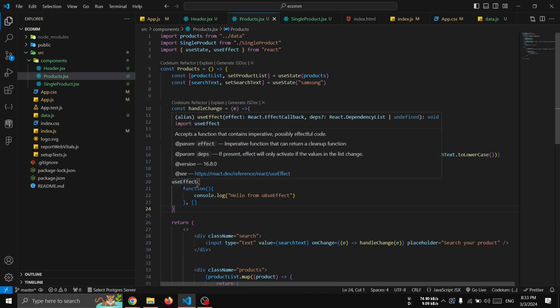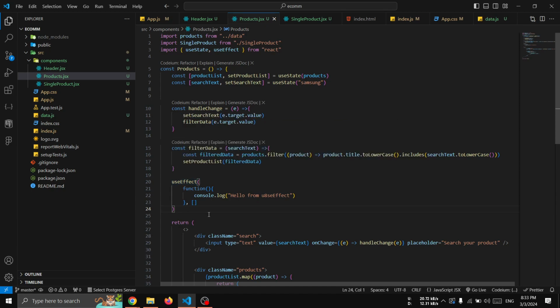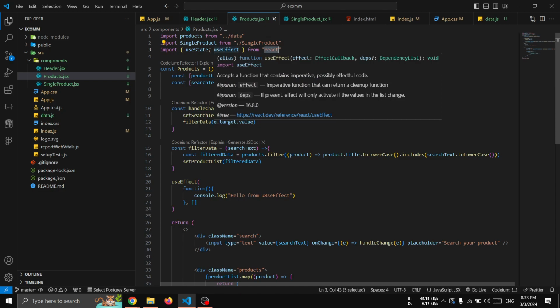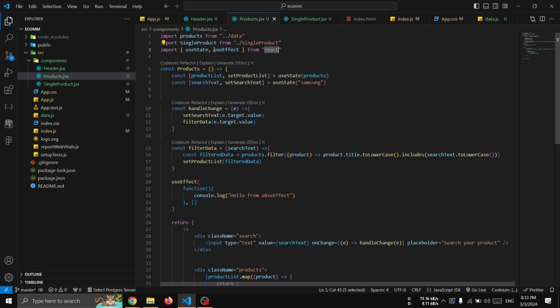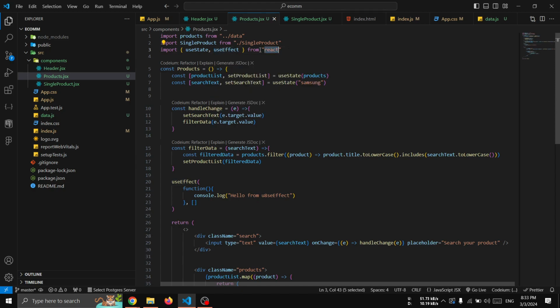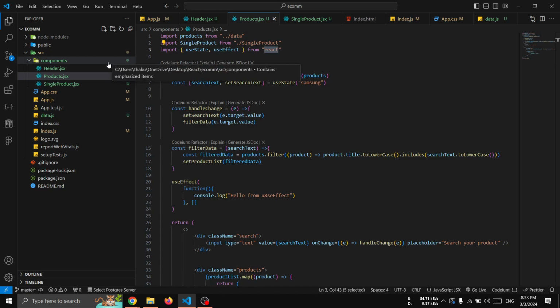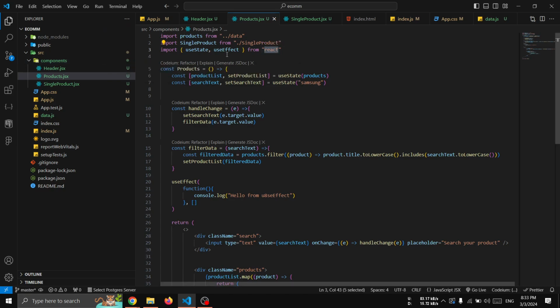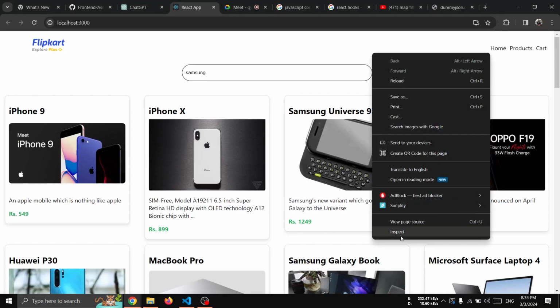Yes, we can use that, but if we're importing from React only, why would we use another line? It will be good if we use it here only. So see, if I go to the console,